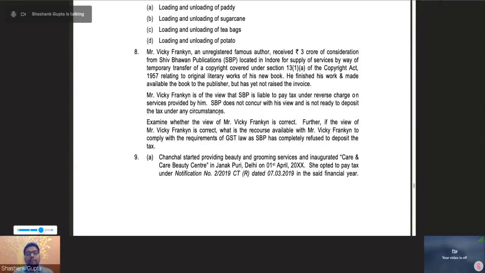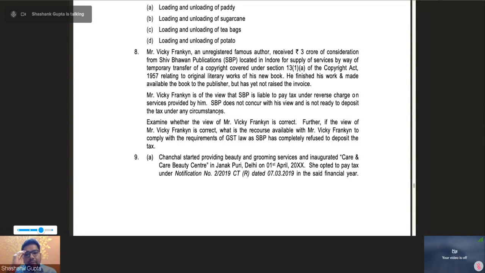Vicky Franklin, wherein he needs to obtain registration under GST, file a declaration, and raise an invoice along with applicable GST, plus on the invoice the declaration as required should also be made. So basically,